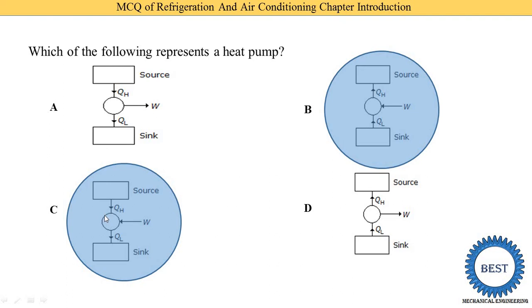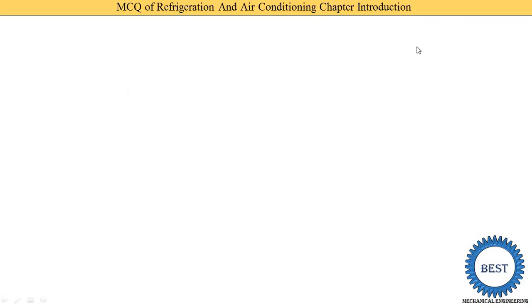Okay, and we know that our source is our final output. Okay, means source has a higher temperature. Heat pump is generally used for the heating of the room. Okay, so here you see in the source we supplied the energy. Okay, that's why we heat this portion. Means this is the right diagram in which the heat flows from sink to the source, and here you see it is moving in downward direction. Okay, means option B is correct because we supplied the heat energy to our room and our room is our source. So this is the right diagram. So answer B is the correct answer.